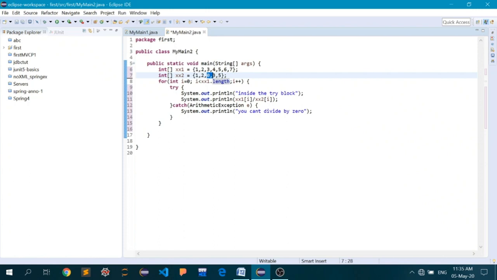So it's going to generate an exception and it must be caught. Now there is going to be one more exception out of this try block, because the length of this particular array is not equal to the length of this particular array. Okay, so the length of xx2 is not equal to xx1. So there will be a time when this particular statement here will throw an exception called index out of bounds,